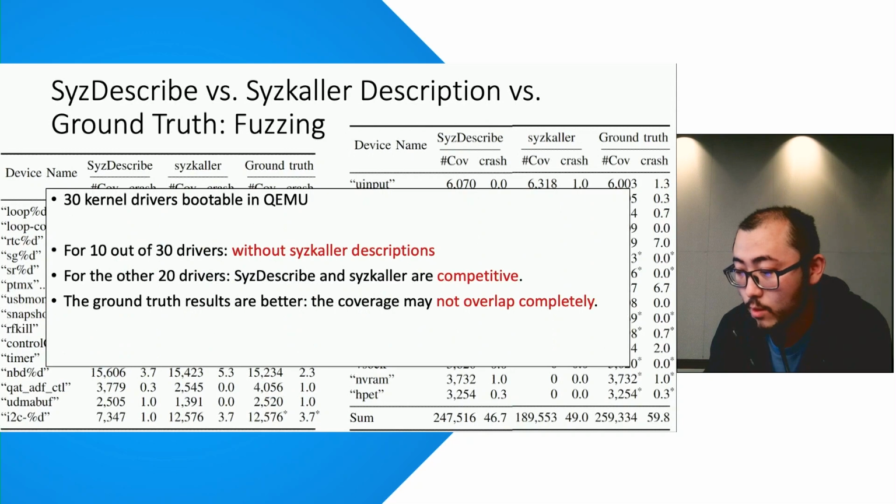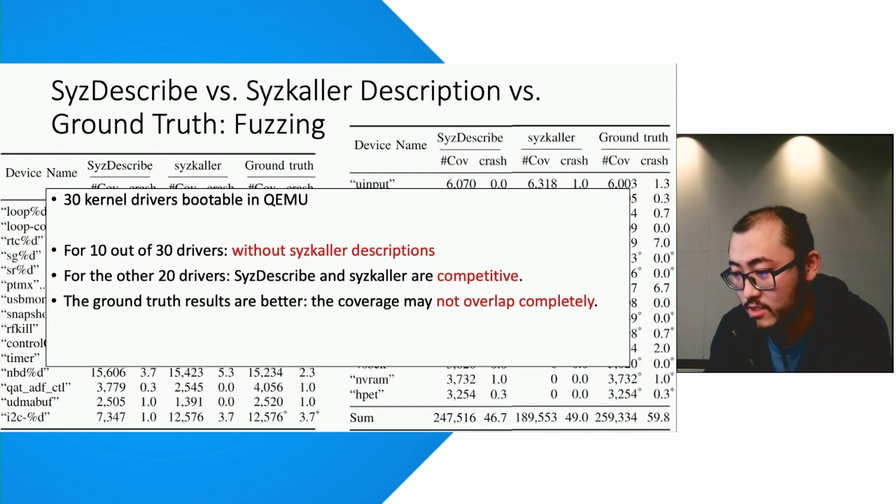And overall, we pick 30 out of the 100 kernel drivers based on whether they are bootable in QEMU. For 10 out of the 30 drivers, they do not have any Syscall description. For the other 20 drivers, SyzDescribe and the Syscall descriptions are compatible. The ground truths are always better, so the coverage may not overlap completely, which means we can still improve